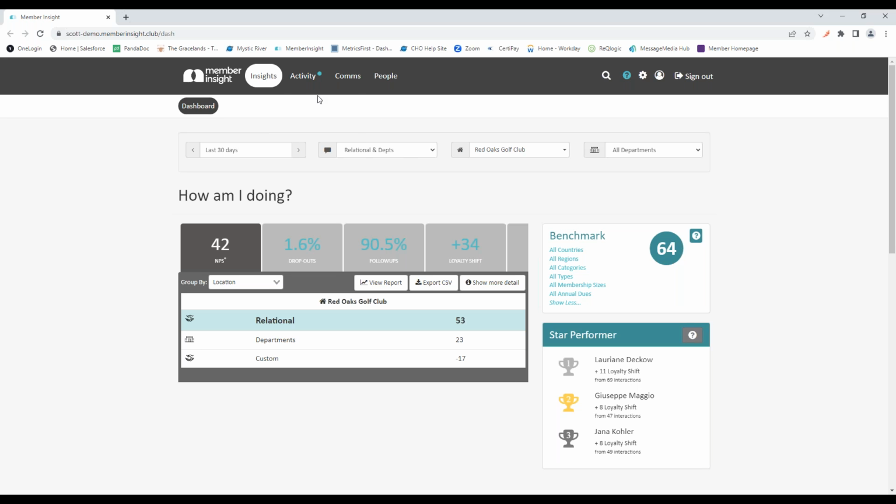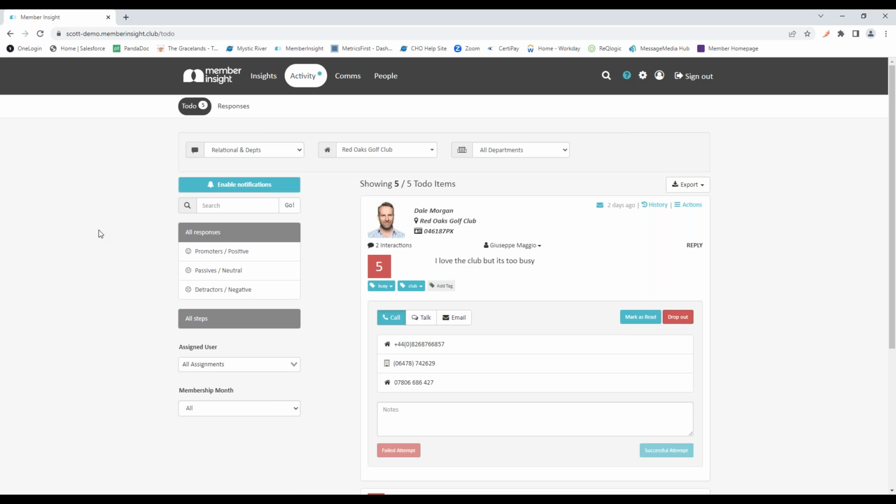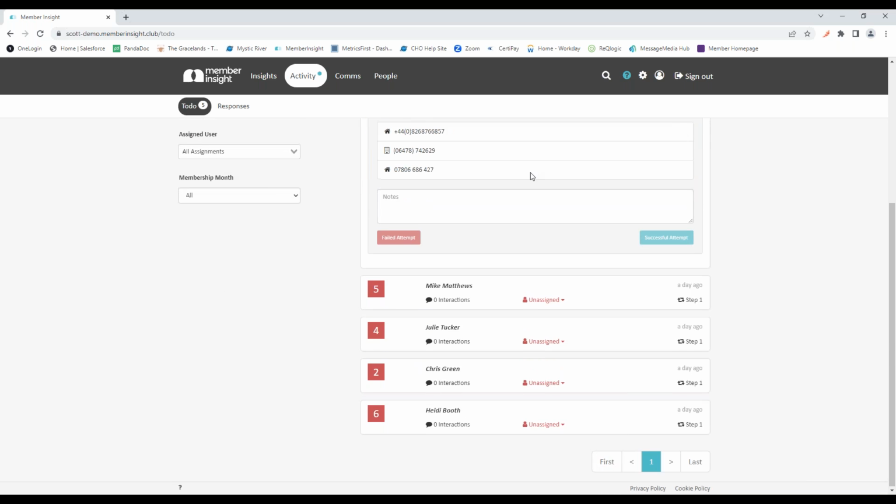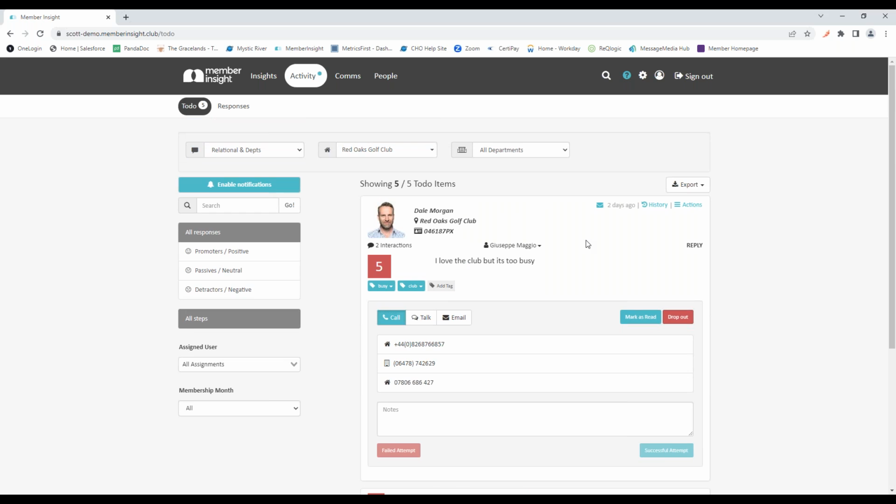Jumping into our next portion here, we'll go into our activity tabs, and there's a couple places that we're going to touch on here. First is going to be our to-do list. And following up on the poll that Trevor gave out, this is going to prompt you to follow up on direct surveys for people that may have left a bad response or a bad score. And it's automatically going to prompt into our to-do list. So we'll see all of our to-do lists. You'll get a notification when someone does leave a poor score or a poor response. You can set it up where you automatically get it no matter what their score is or only their bad scores. Completely up to the club and how they want to handle that.